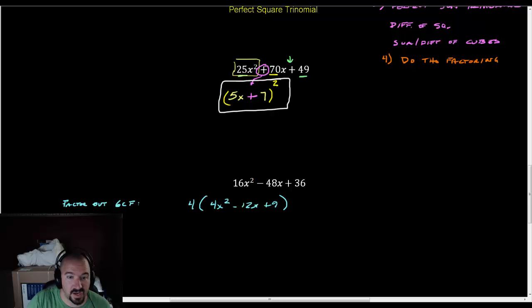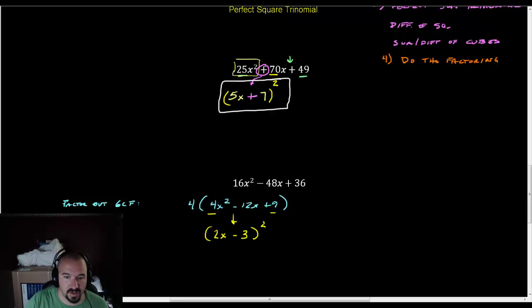And then I take a look at my step 3, which is, hey, I have perfect squares on the ends, and I'm adding the last term. It's also decreasing by 1 each time, and so this fits the pattern, at least on the surface, of being a perfect square trinomial. What I need to do, though, is check the central term to make sure it fits the pattern. So I'm going to take the root of 4, which is going to give me 2x. I'm going to take 9, the root of that is 3, and then I'm going to suck down the middle term,